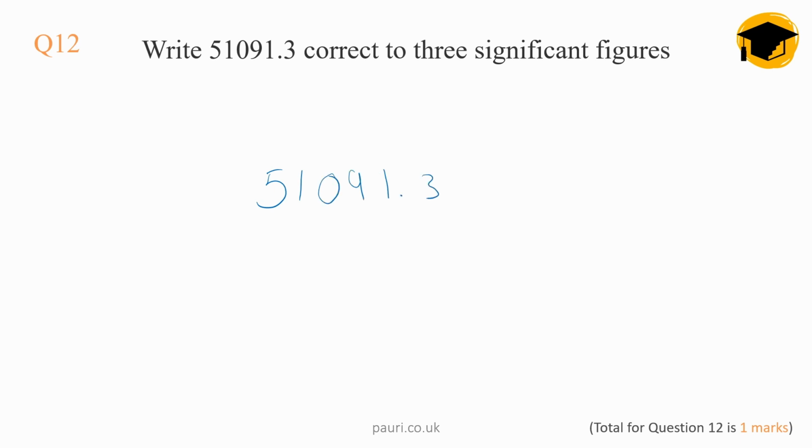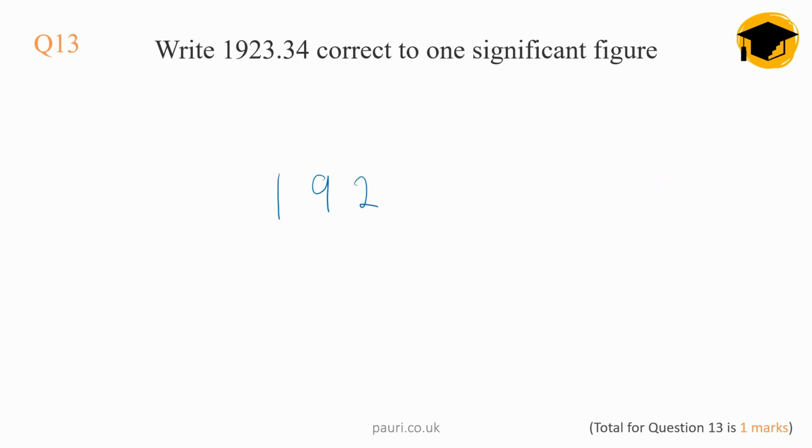51091.3, correct to 3 significant figures. So working from the left to the right. Is my next number 5 or above? Yes, it is. So I round up my number to 51,100. Next question,